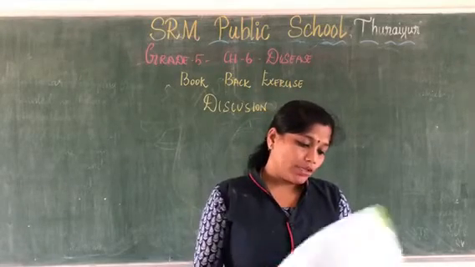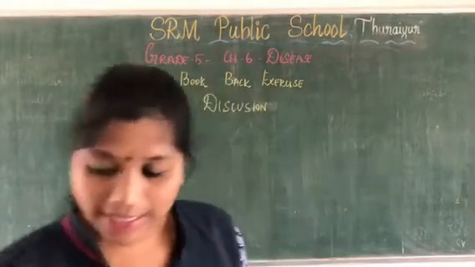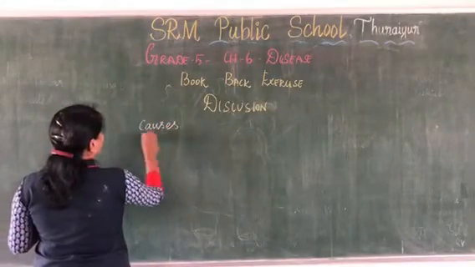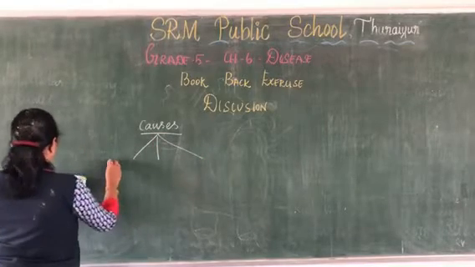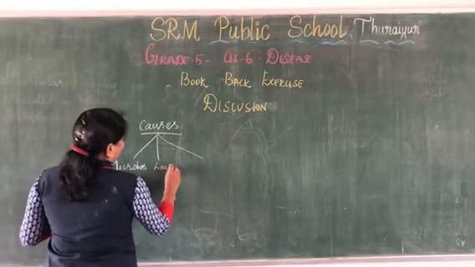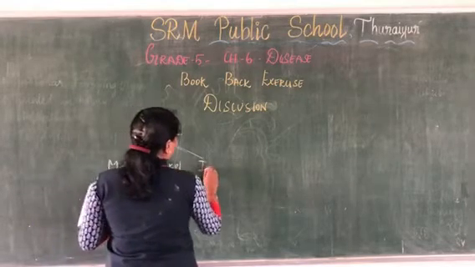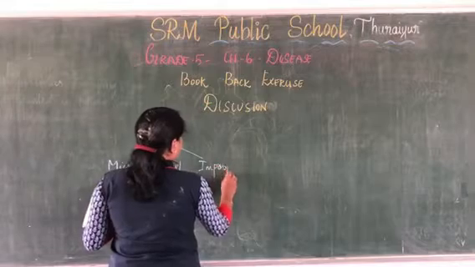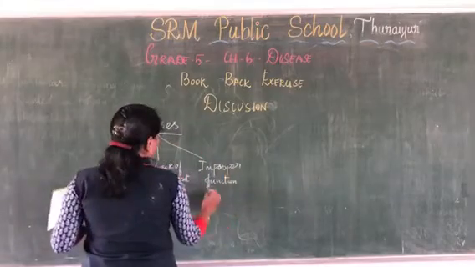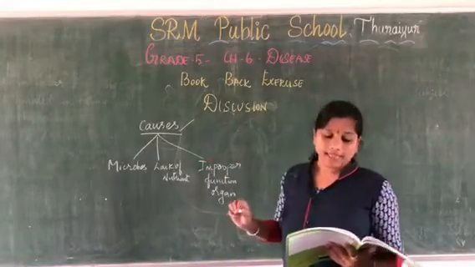Okay. So practice zone number 1, you have what are the different causes of diseases. So when you talk about causes, you have 3 causes. One is microbes, that is microorganism. The next is lack of nutrients. And third is improper functioning of body organ. So these 3 are the causes of diseases. So you have to be very clear about the difference between causes and types.